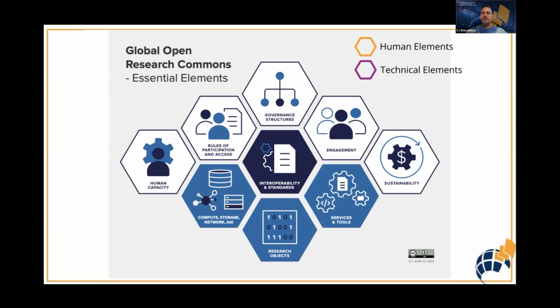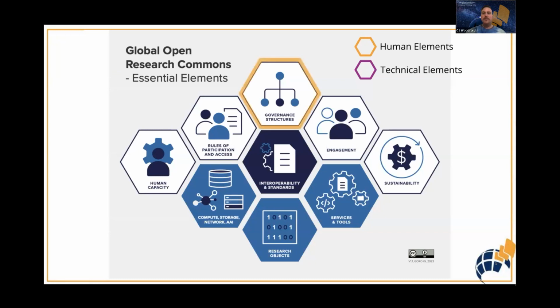And so while a commons should have something in every essential element, other kinds of research infrastructures might fit together to create a commons environment. So each one might not actually have something in each essential element, but together you create a cohesive whole. And so the point is to consider what's important for you and your community. And for funders and policymakers, it's important for them to look at the model and especially the essential elements and say, how do we ensure that there's sustainability for these research infrastructures as they work together for interoperability on a national and pan-national and hopefully global scale?